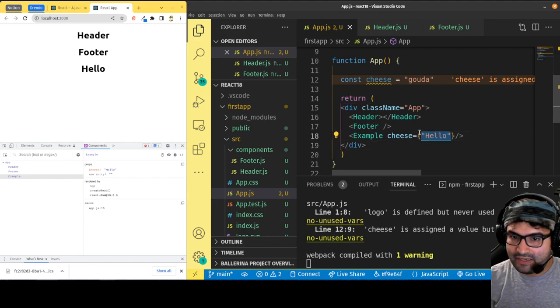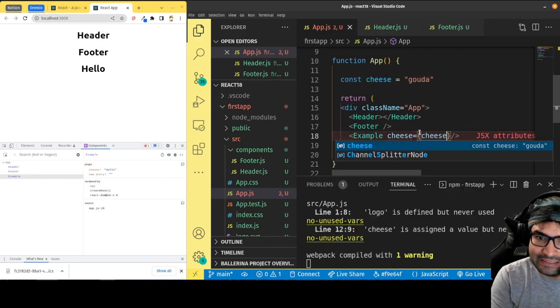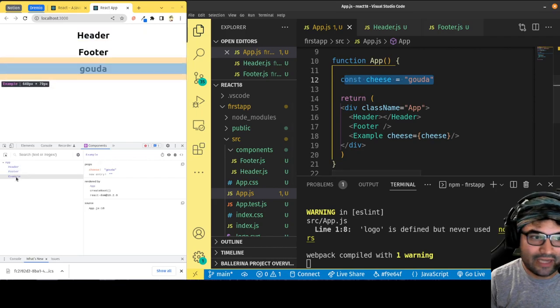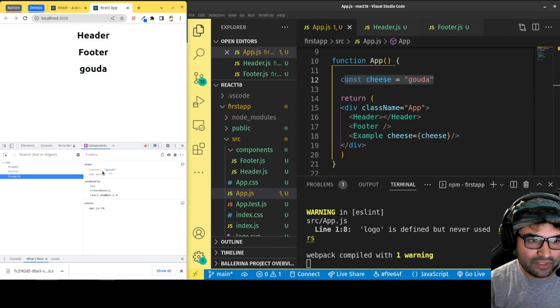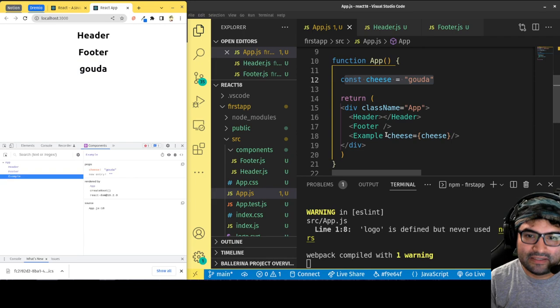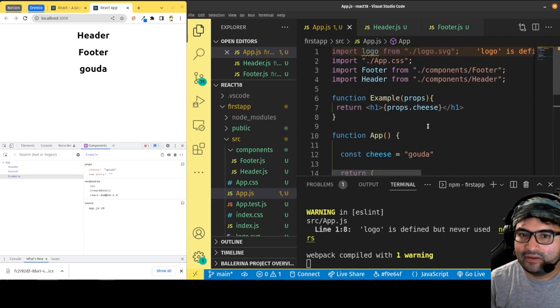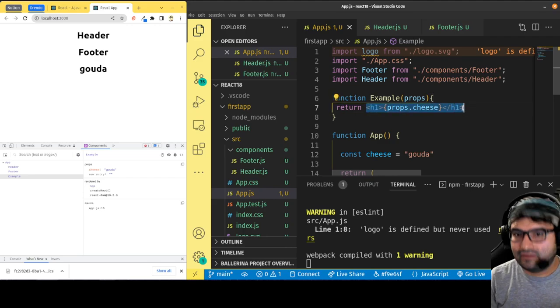So I can go in here and say, hey, I want to give it that variable cheese. So now this prop, cheese, is going to equal the value of this cheese variable inside of app. So now if I take a look at the props here in my dev tools, see, cheese equals Gouda, because I said cheese equals the cheese variable. Okay. So now when it went over here, when that h1 has props.cheese in the middle of it,